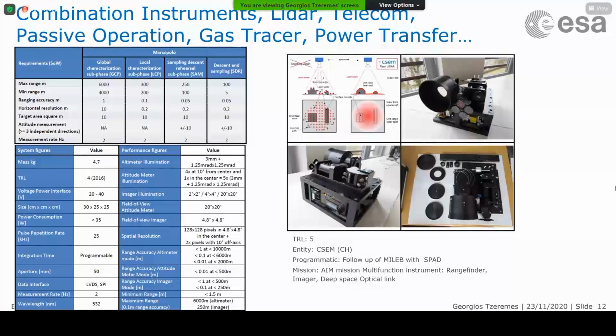dual functionality. On one side, you could use it for doing the mapping of the asteroid and altimetry and all those nice things. You can create nice images of the asteroid, but then we would turn the platform and use the same instrument as a deep space optical link. So you would not need to have antennas on your spacecraft, and this could be used for transferring the data from